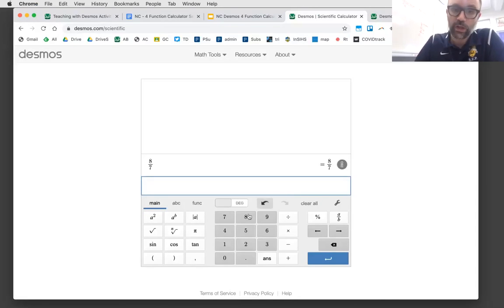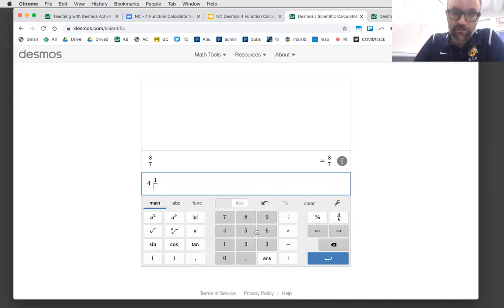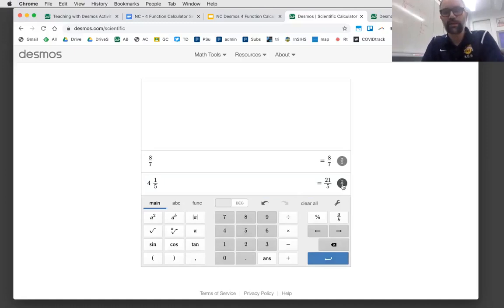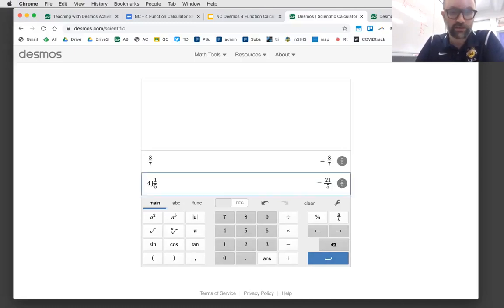However, I'm using the spacebar to separate here. If I do 4 1/5, that will convert a mixed number into an improper fraction, but it is not going to go the other way, okay? The way that you would denote that would be to separate those with a space, and that can be accessed with the space bar